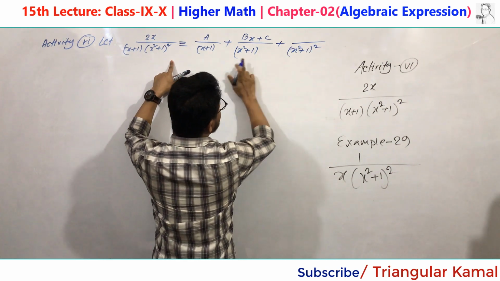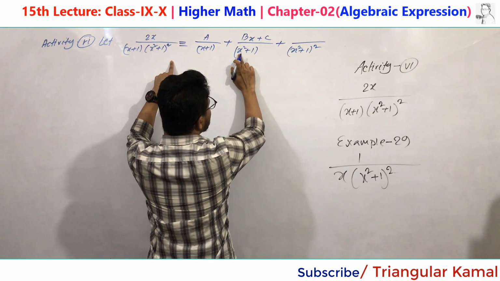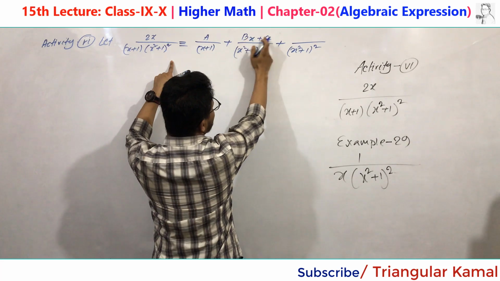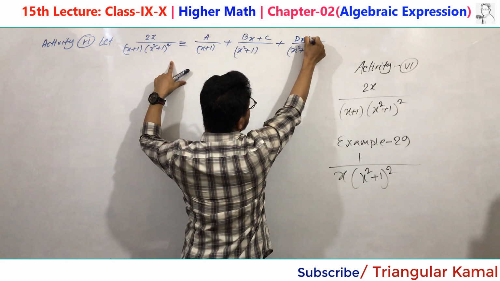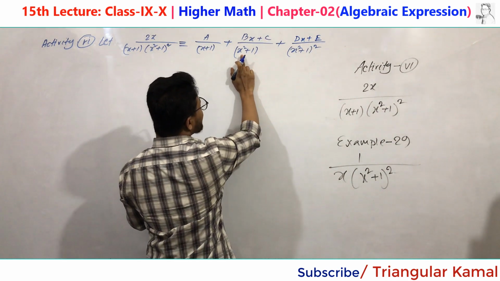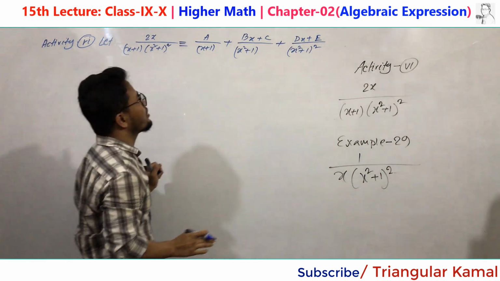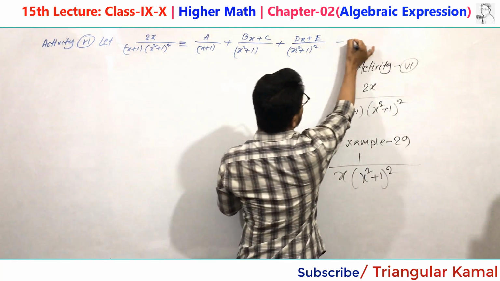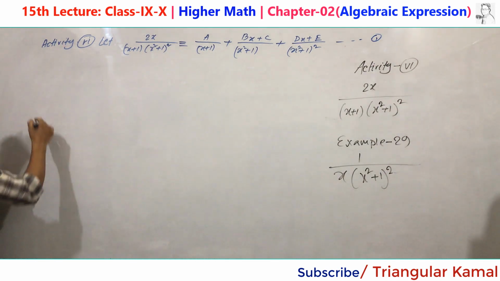When you see the repeating, first write without square, then with square. For x square plus 1 you have to write bx plus c, and for the square you have to write dx plus e. This numerator part is only for the quadratic form, and this denominator part is for the repeating term, and this is number 1. And now do as in the previous method, multiplying